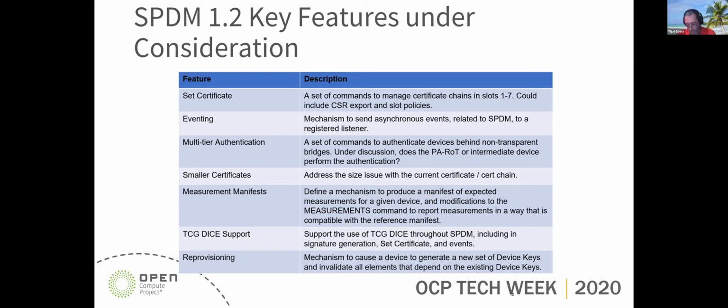Oh, it's a good question. I'm trying to build a mental model in my head. I think what I was referring to is that at the end of the day, there is a PA-RoT that needs to be in charge of the platform, right? And there is the channel from that to report outside to the management fabric. But you also need the channel within the system to report, let's say, a peripheral has discovered some security issue, and you need to report, I would expect, to the PA-RoT. So maybe it's two different solutions. I'm not sure, but I was looking at that and I was thinking this is an area where we haven't spent enough time defining how it needs to work in a standard way.